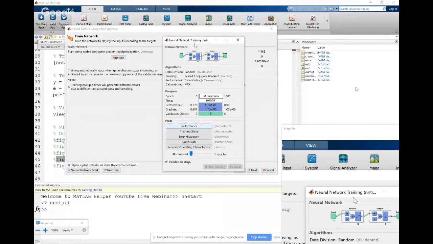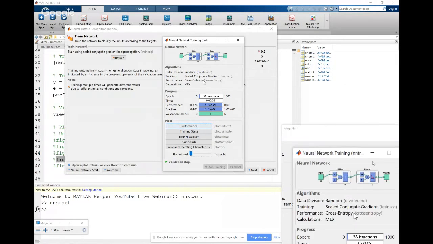Do you remember this algorithm? It was the scaled conjugate gradient algorithm, which was memory efficient and used gradient calculations and not the Jacobian calculations. So this is the training algorithm which we used.